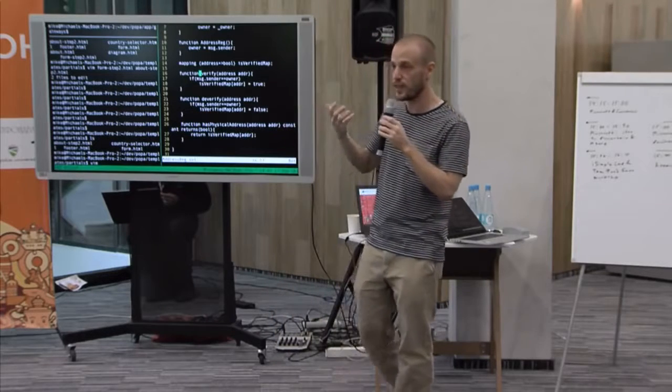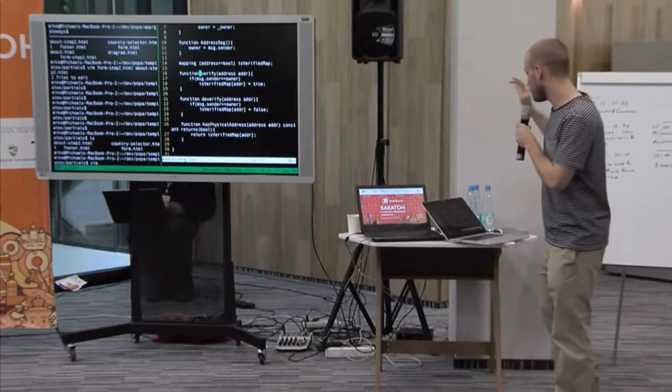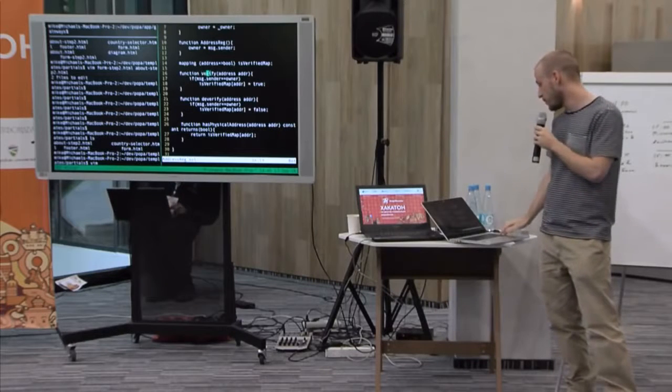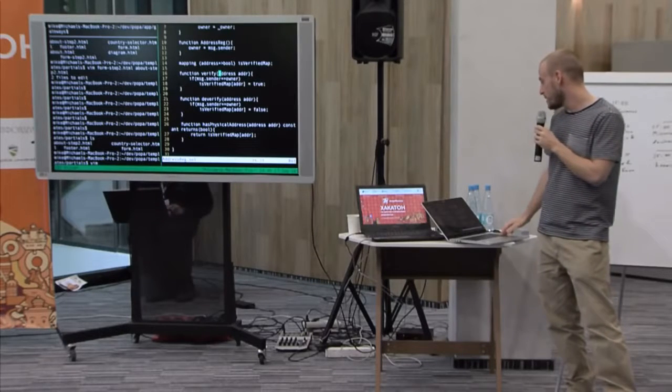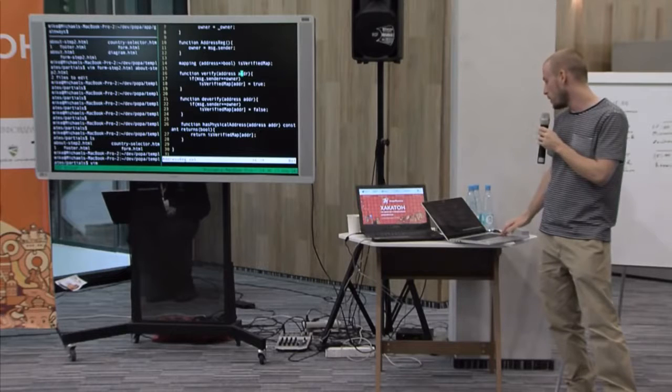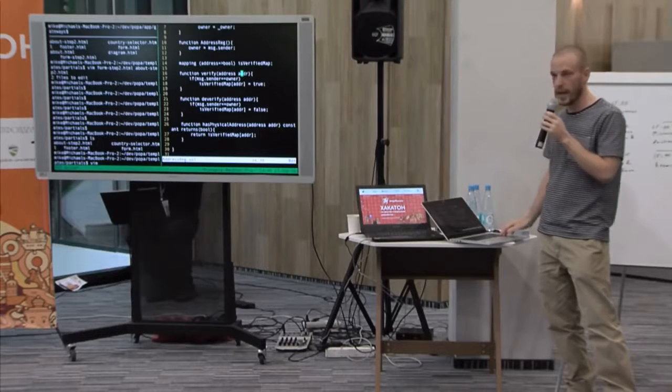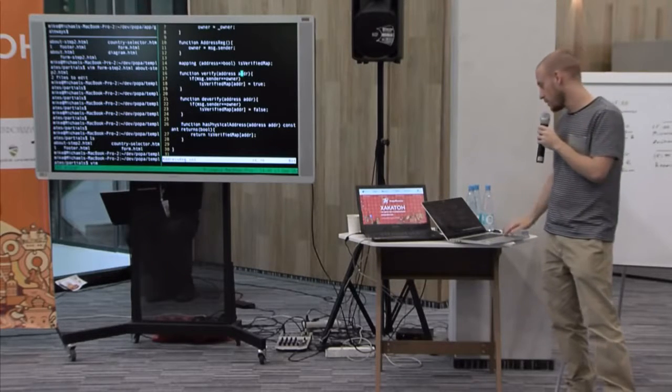That postcard has a PIN code on it. They come back to our website. They enter the PIN code and specify the address which they want attested to as being able to receive mail. Once they've done that, we get the address and we give it to this function called verify. Verify takes one argument, called adder. Adder is an address, a public key.